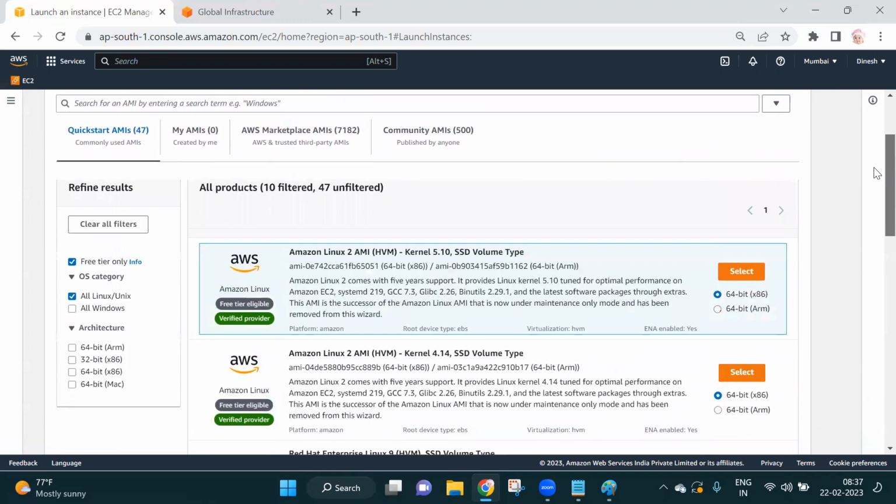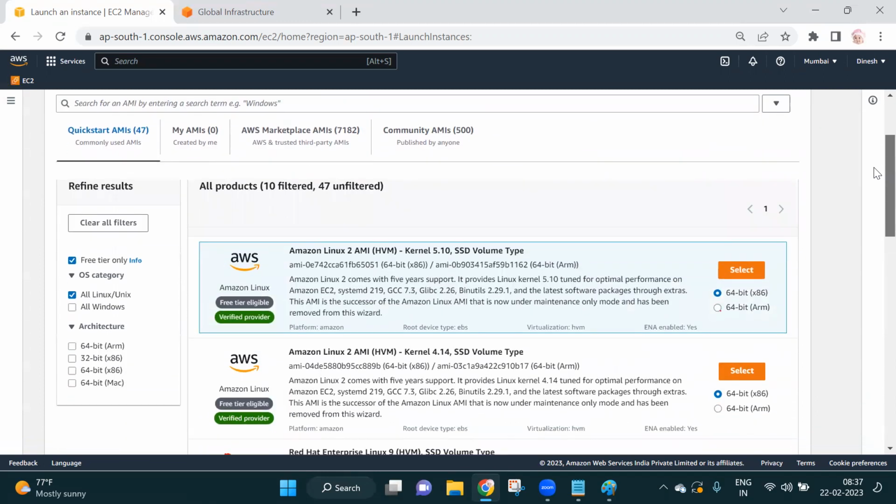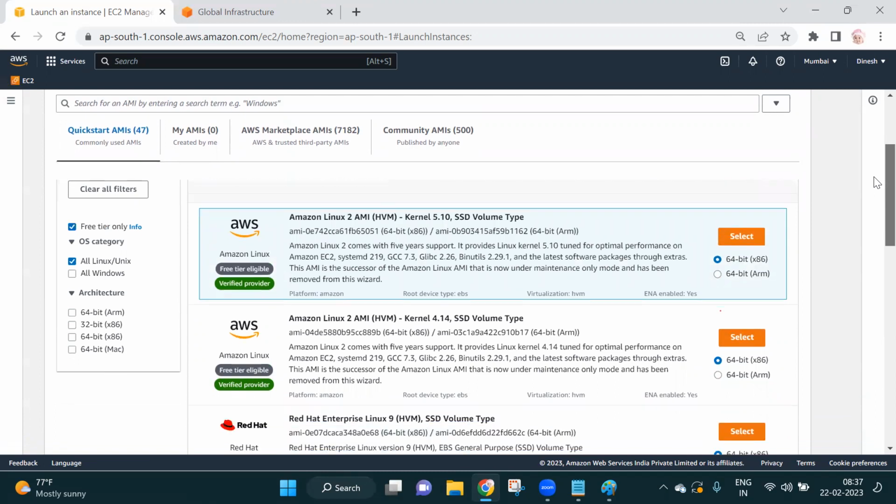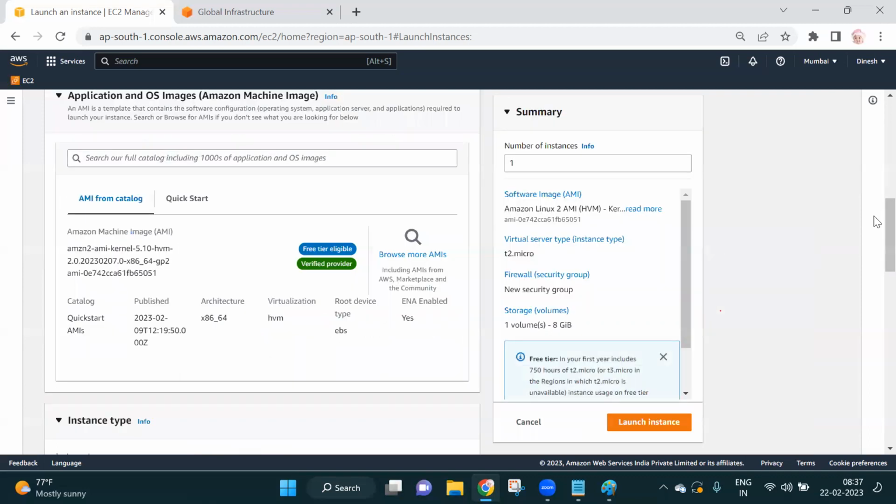When you join your IT company, they pay a lot of money to AWS and buy the AWS account and the different services, different servers. Based on that, you have to use the server. But as of now, we will go with the free tier eligible server. So let me choose this server. That's it. This is free tier eligible. I can use this server.